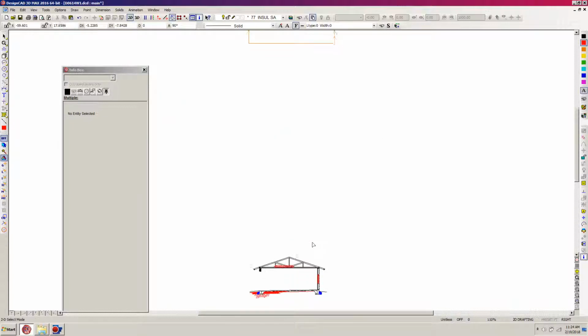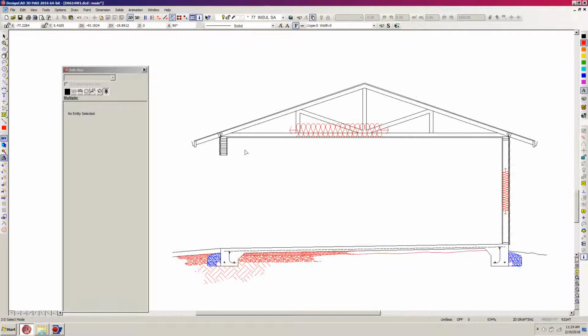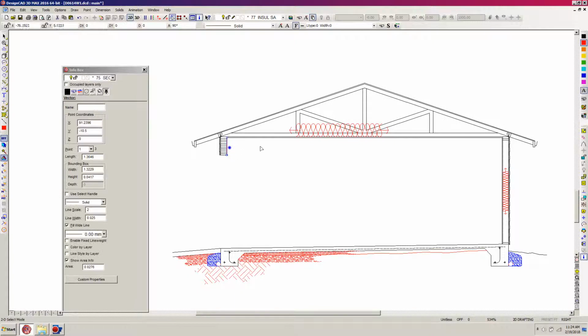So now we've done all of our insulation, our gypboard, and sand and gravel and all that for our section AA drawing. I'm going to hit Z for zoom. And one of the things I noticed is that because the sheetrock was in layer 75, it got changed too. But that's okay. I'm going to just select the sheetrock